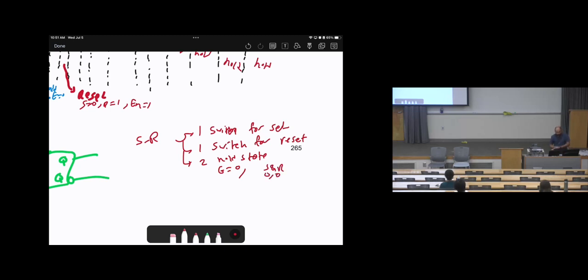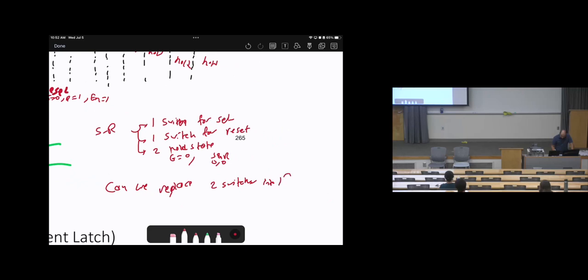So we can think, can we simplify it more? Since we have two hold states, how about if we make it one? Can we make it one? How about we have two switches? Can we make it one switch? The answer is yes. So the question here is, can we replace two switches with one and replace two holds with one,